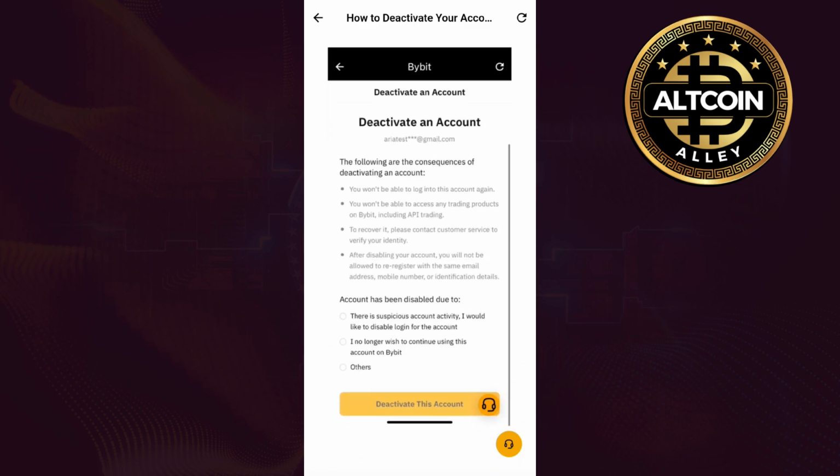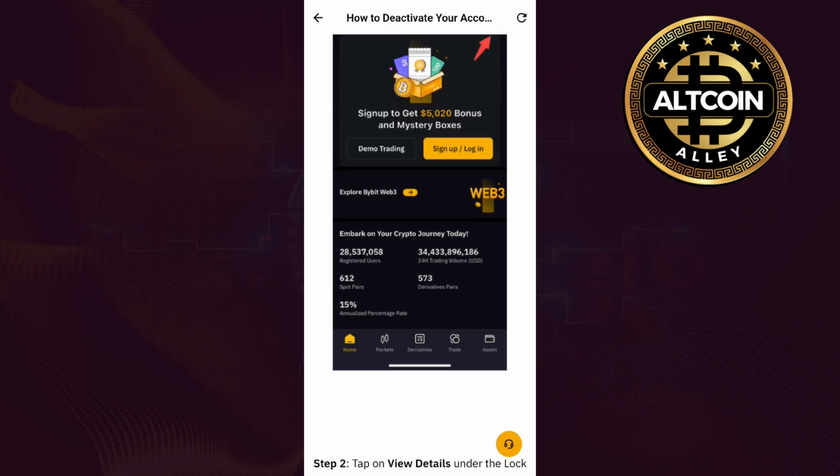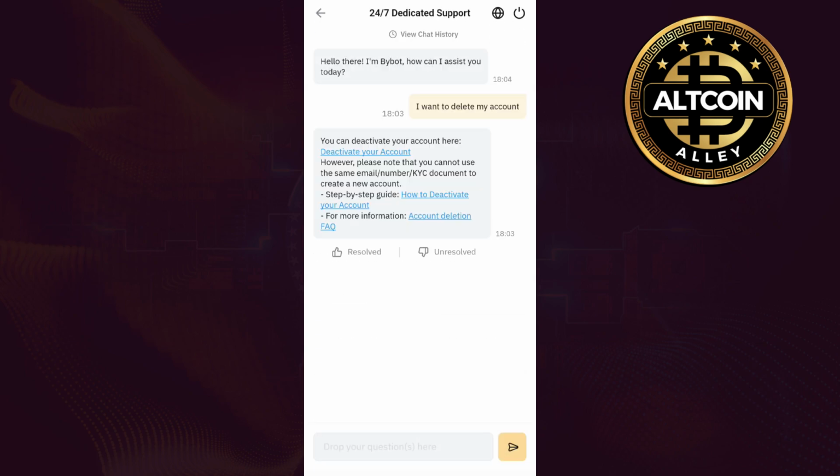Now if you want to contact them, then you just have to tap on this headphone icon in the bottom right hand corner of the screen, and you can regenerate your query and ask them to delete your account permanently. If you don't want to delete it, then you can even go with the deactivation